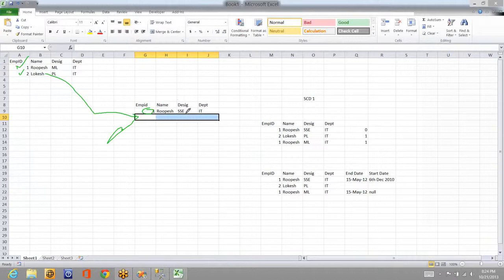And there is an option, right? If you want to fail the component, if you detect any changes, here this is a change. SSE has become ML. So this is a change. If you want to fail the component, this fail component property I have set at the end is very useful when you want to capture whether there are any changes coming or not.